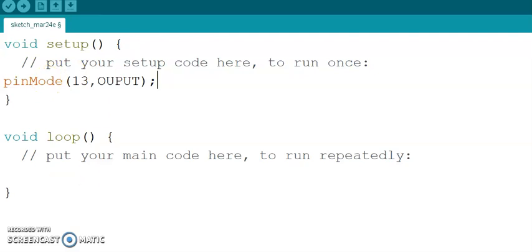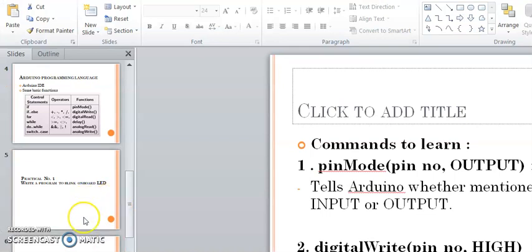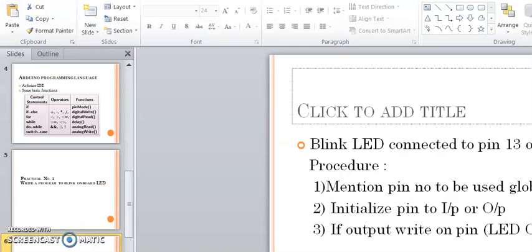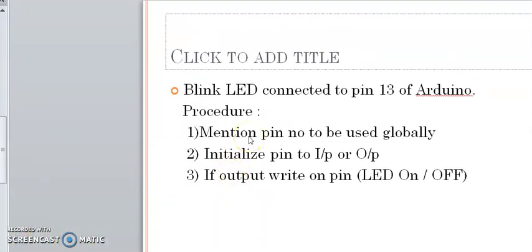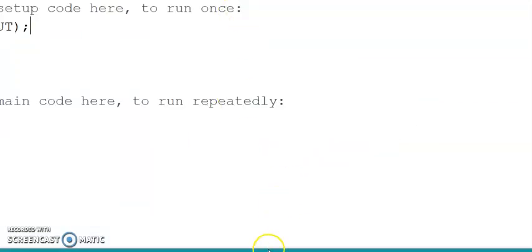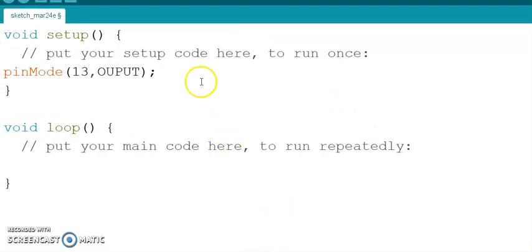Then we have completed with this first step, that is mention pin number to be used, and initialize the pin to either input or output. So we have completed with the first two steps by this statement.